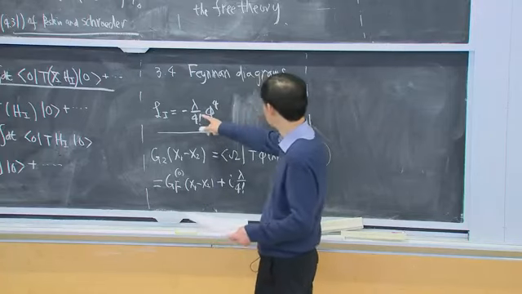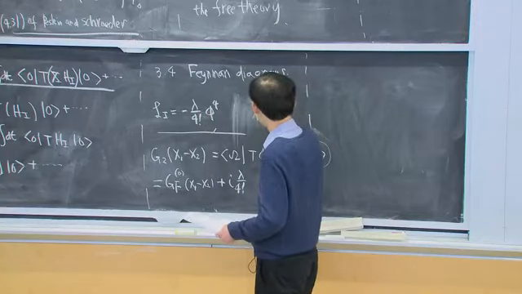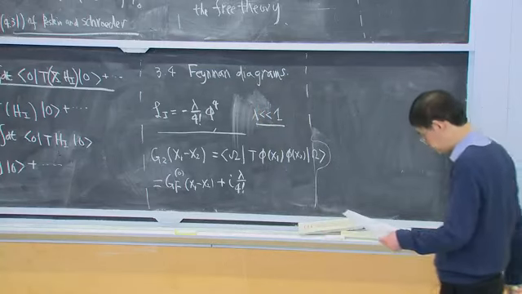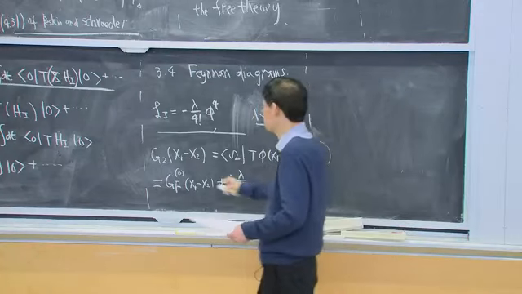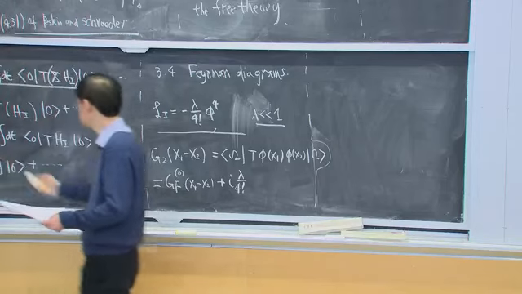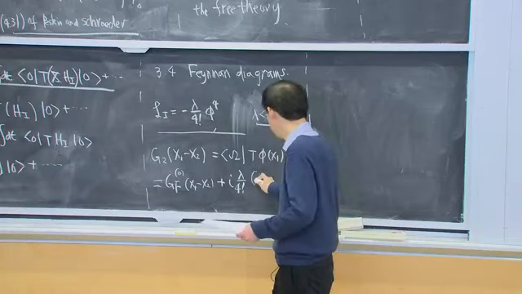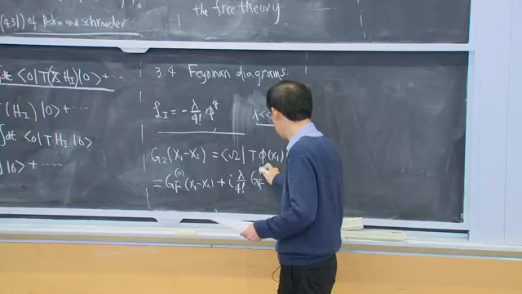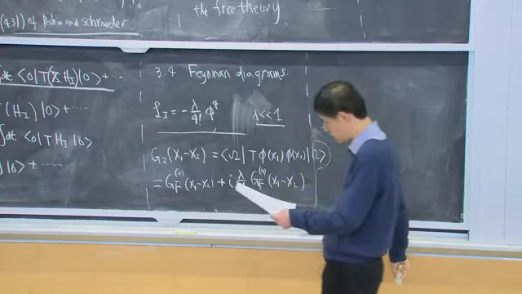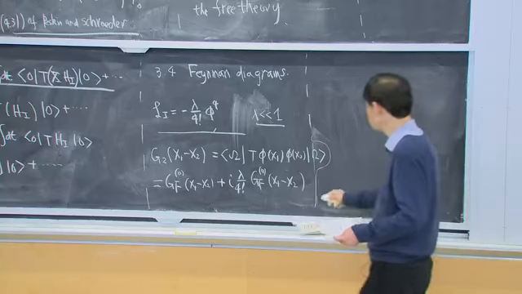We will assume this lambda is small, so that we can expand in lambda. And this term is again just the free theory correlation function, so we just have G_F^0(x1 minus x2), and then times